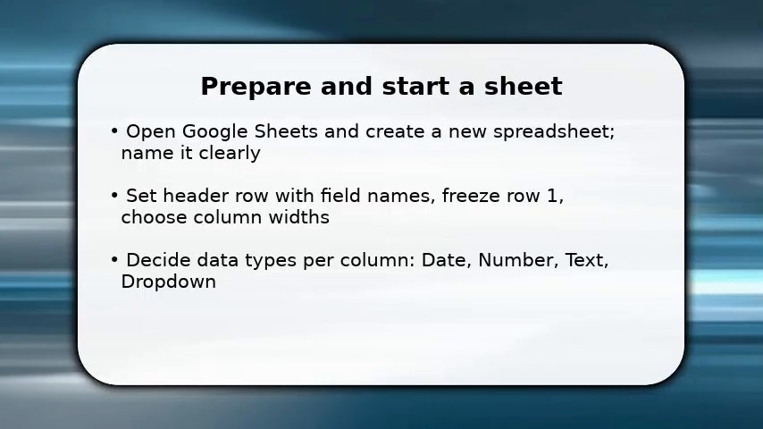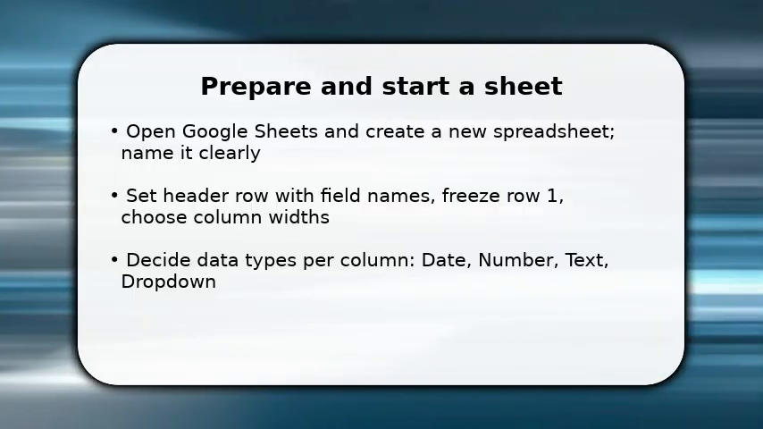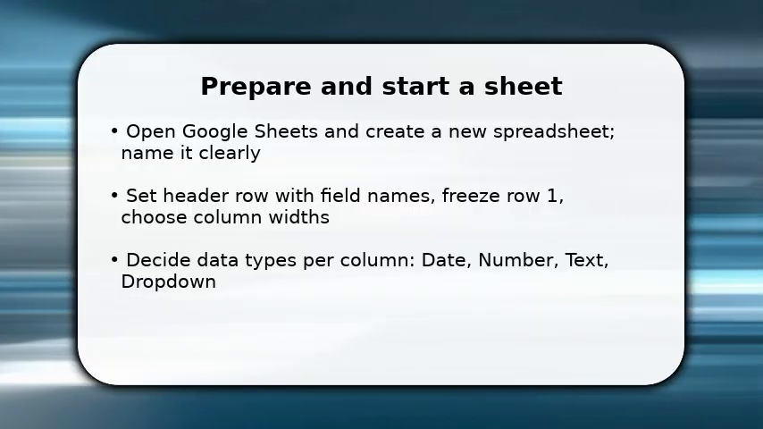You start by opening Google Sheets and creating a new file named for the project. Set row 1 as headers and freeze it so labels stay visible. This prevents entry errors. Define each column's data type, date, number, text, or a drop-down, and adjust column widths for